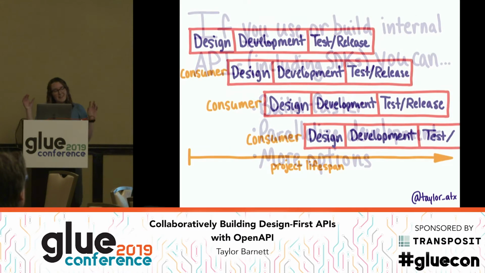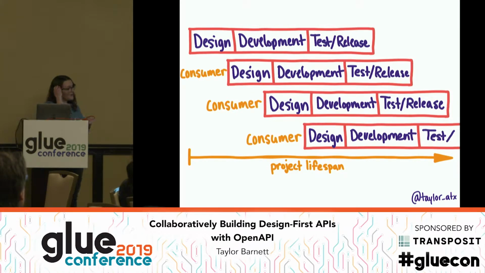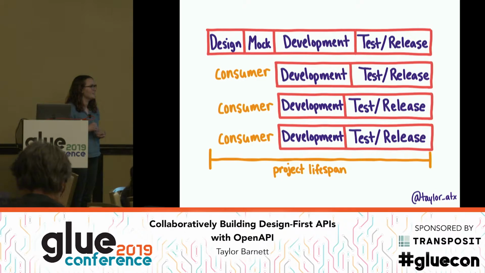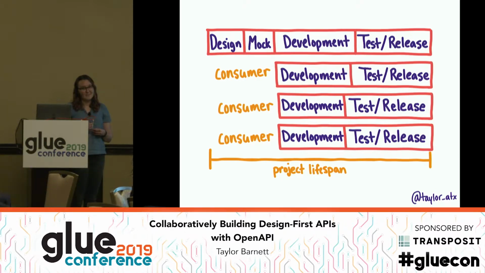I know this is kind of simplified, but in a more traditional setup, if you don't have any mocking ability, you get a very waterfall-esque development process, because every team is waiting on the team before it to finish that back-end implementation. With mocking, this is the best case, but at least you can get a little bit closer to this, so that teams that are consuming the APIs actually can start doing work instead of just having to wait.